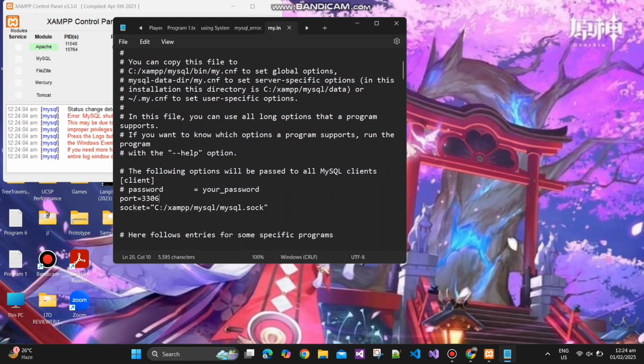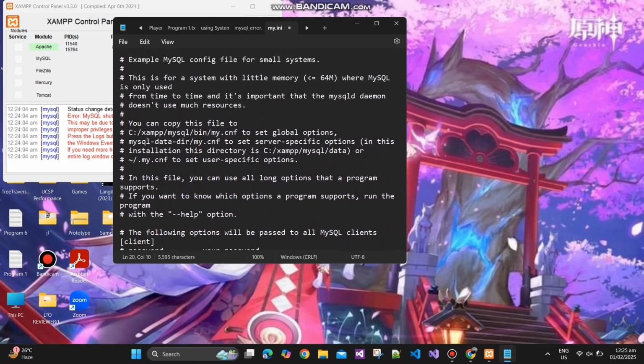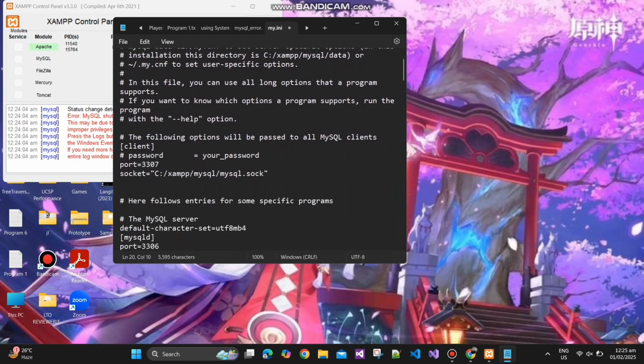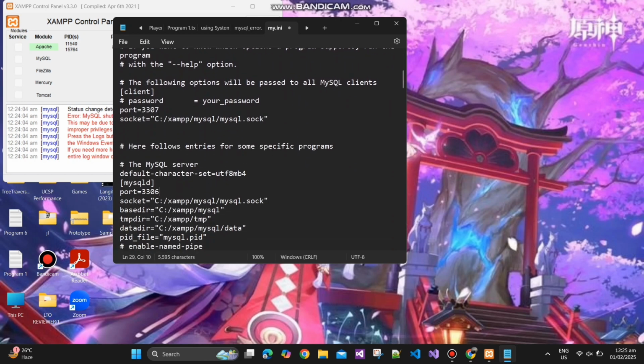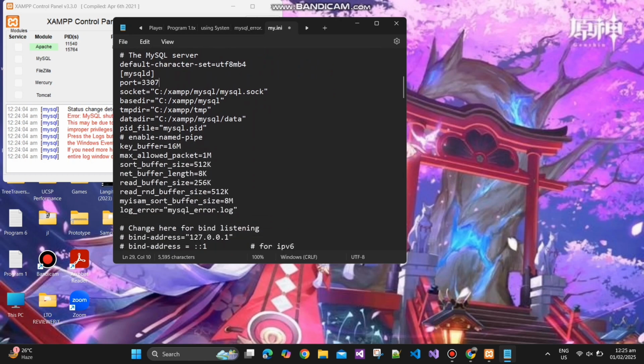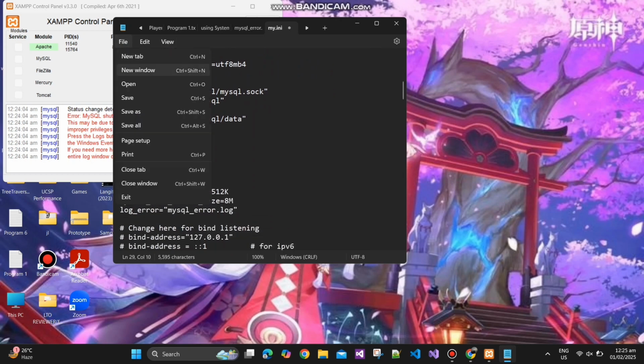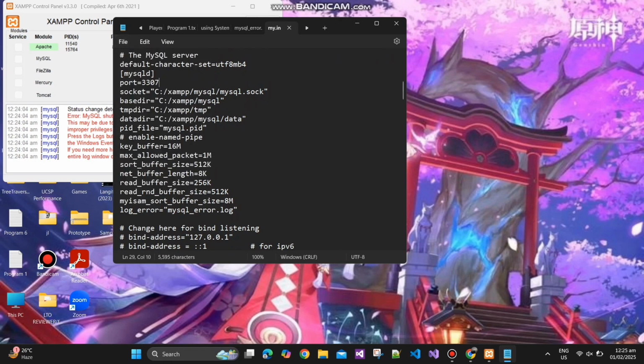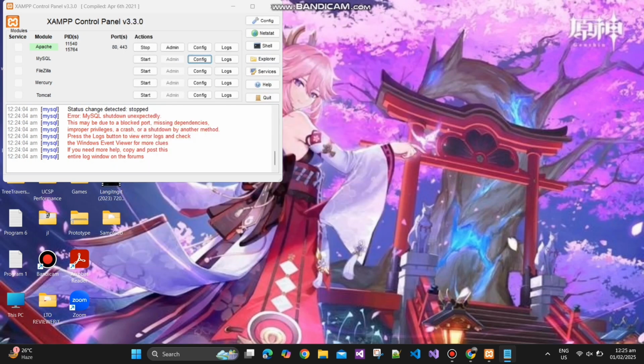Change the port into 3307 and then scroll down. The MySQL D port should also be changed into 3307. To save the file, click Save. Exit.